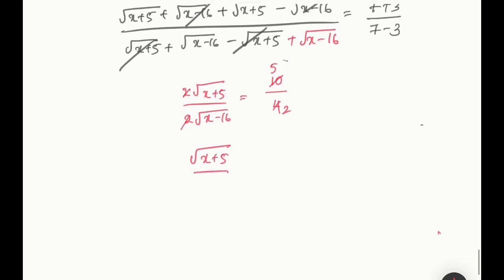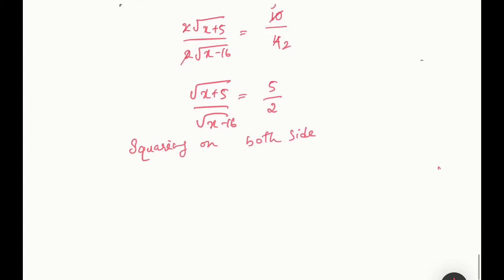So finally we get root of x plus 5 by root of x minus 16 equal to 5 by 2. Now what shall we do? Square on both the sides in order to take out this root. Squaring on both sides. So when you square on both sides, what do you get? The roots will go, so you'll get x plus 5 by x minus 16 equal to 5 square